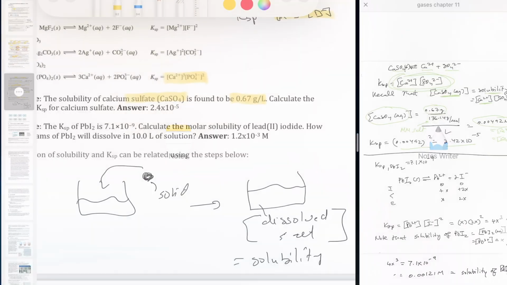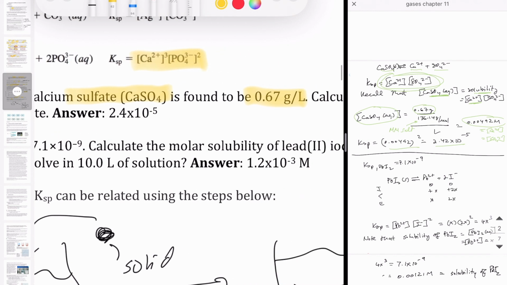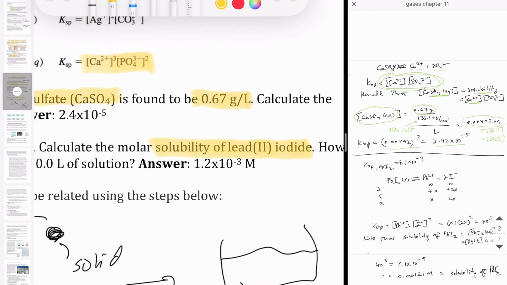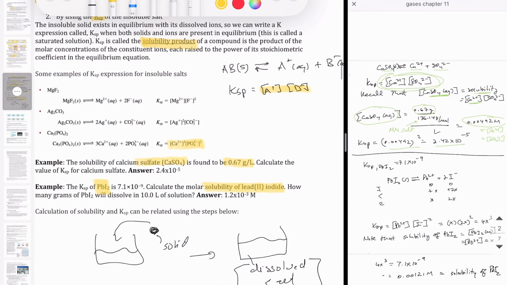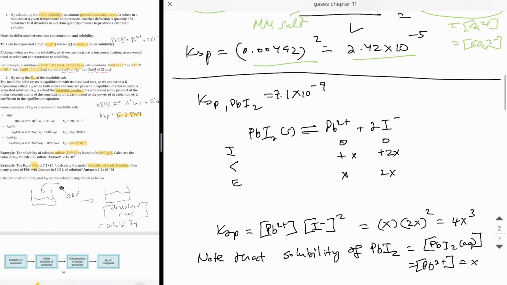In the second question, we're now given the KSP of lead iodide, and we're being asked to calculate the molar solubility of the salt itself. So now we're going the other way. We have KSP, we're trying to calculate solubility, but the idea is the same. Here on the right, I'm showing the work. I have the reaction, and here's the first time I'm going to introduce the ICE table back into our discussion,